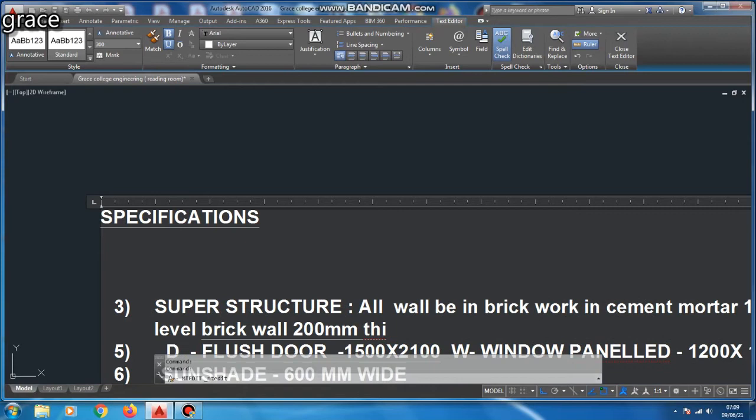Or you can take the standard size and specifications of our diagram.